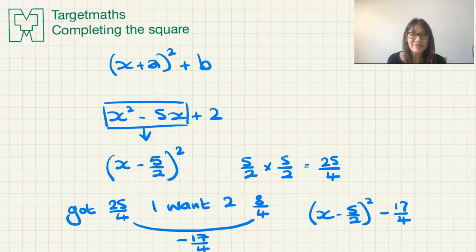That is completing the square. It's completing the square when you have been given a quadratic where the a value is 1. So if I had a 4 or a 3 or something in front of here, then there is an extra layer of difficulty that comes into the problem. I would put that into a completely different video for you so that you can see how that works. But these questions are the most common, and they're the ones that you want to get nailed first before you